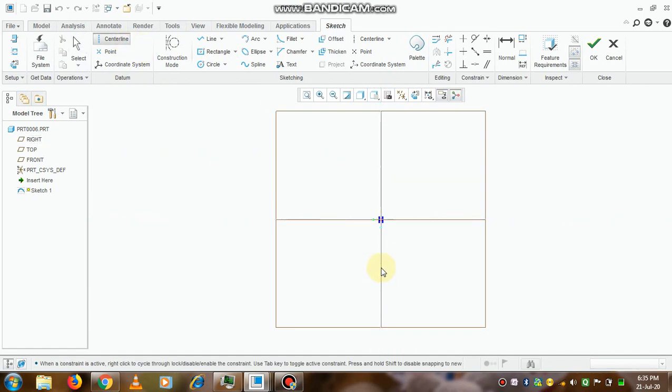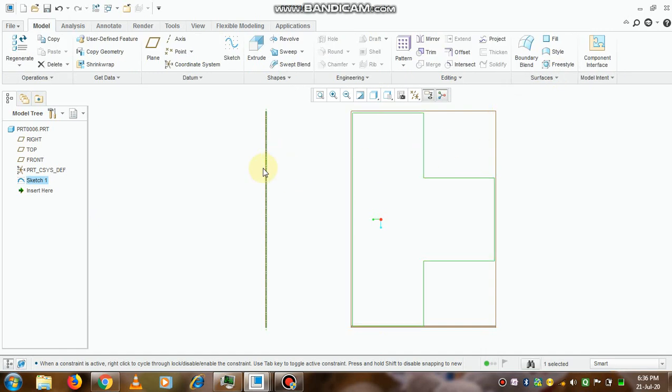Now create a center line. Okay. Now see the axis is visible properly.